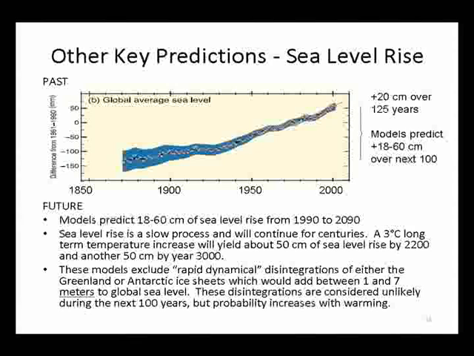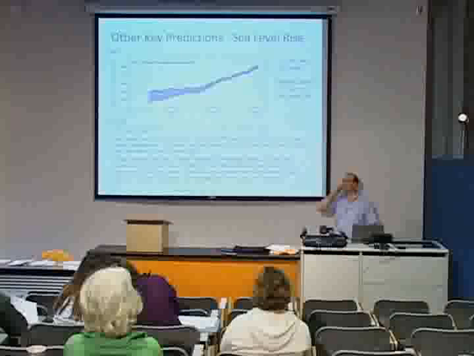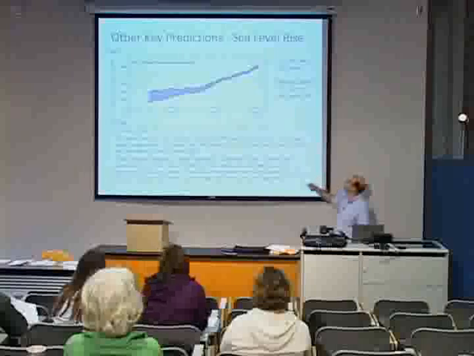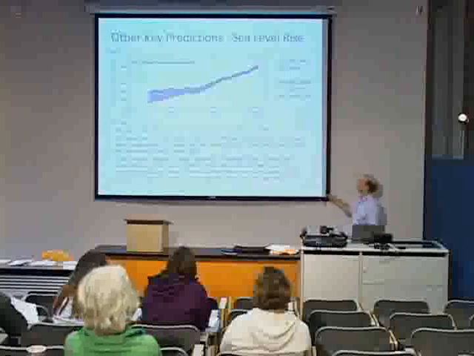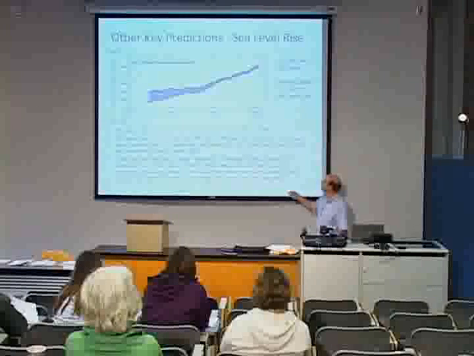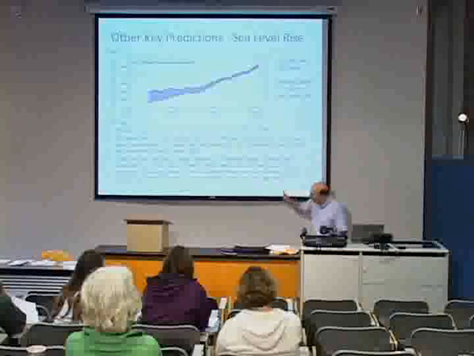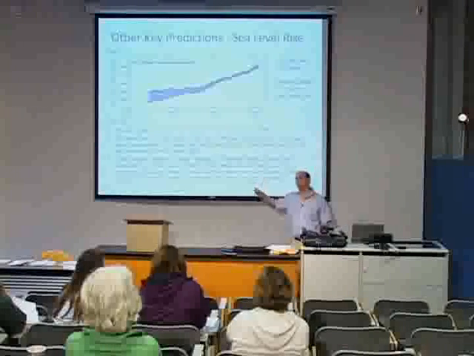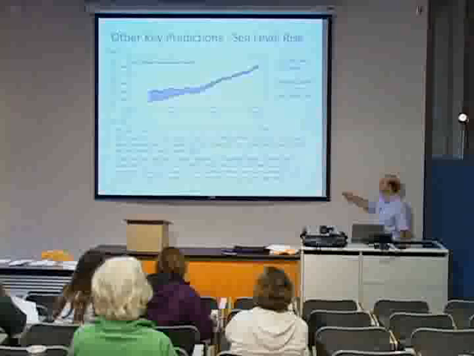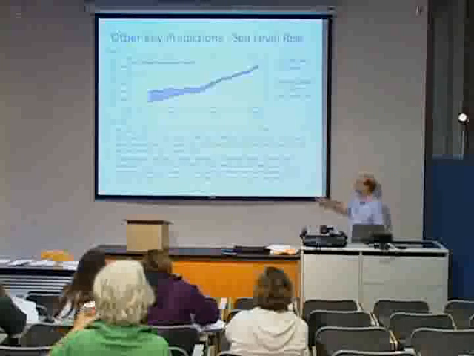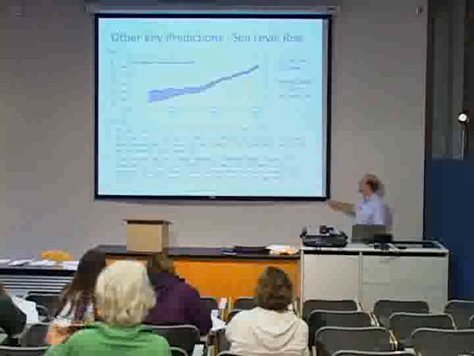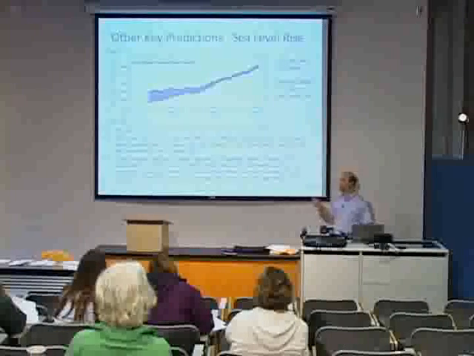So what are these consequences? One of them is sea level rise. So this is the observed sea level rise. 20 centimeters, or what is that, 7 inches, is one estimate of the global mean sea level rise over the last 125 years. The models tell us that we can expect 1 to 3 times that amount in the next 100 years. And then another 50 centimeters in the next century. And then another 50 centimeters in the next 1,000 years. And if we get a rapid dynamical disintegration of Greenland or Antarctica, that would cause 1 to 7 meters of